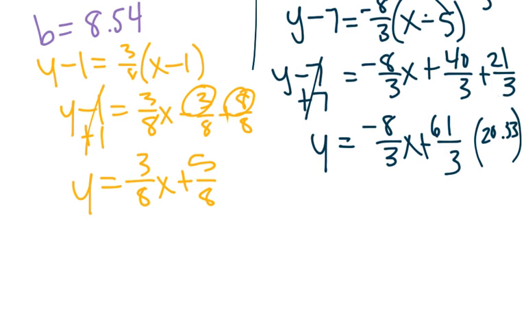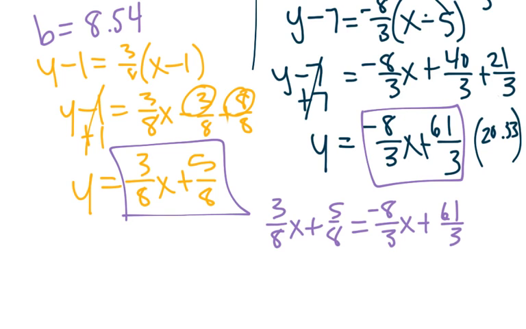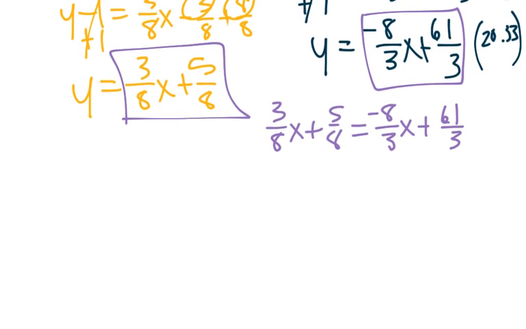Now, to find where they intersect, we need to find that point. So I take this, and I set it equal to this, and it's ugly. So I get 3/8 x plus 5/8 equals negative 8/3 x plus 61/3. Okay? Now, honestly, I think the easiest thing to do here is to multiply, well, I don't know if that's the easiest, but if we add 8/3 to 3/8, that's not going to be very fun. So if we multiply everything by 24, because 8 times 3 is 24,